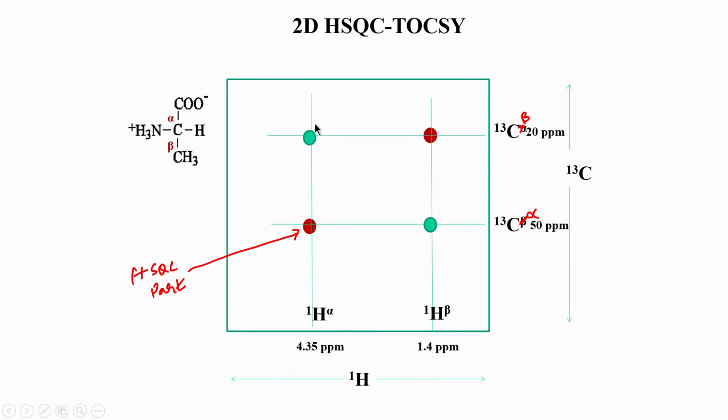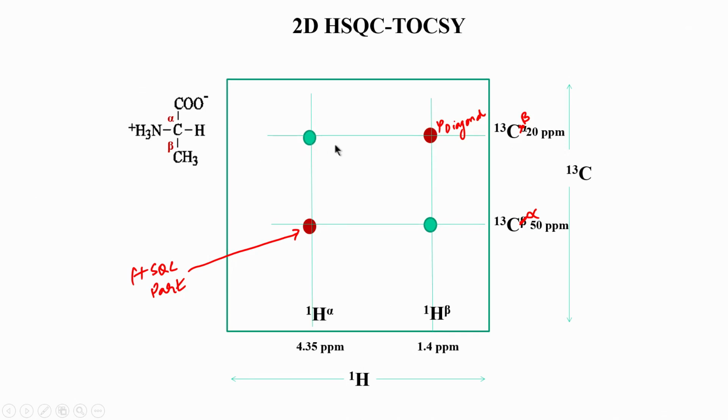Okay. And C alpha is correlated with H beta and that is this peak here, because you can see the C alpha chemical shift is correlated with H beta and C beta here is correlated with H alpha. Okay. But please keep in mind this is not a diagonal peak. So, I should write it here clearly, this is not diagonal, okay. This is already a cross peak. So, this is also a cross peak and this is also a cross peak.